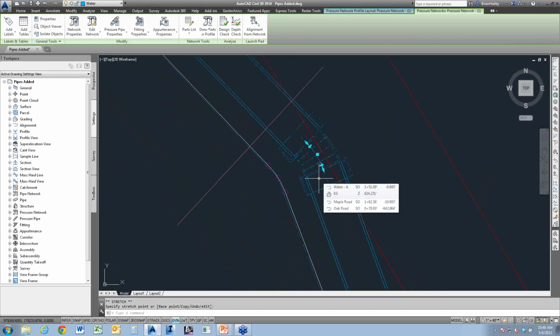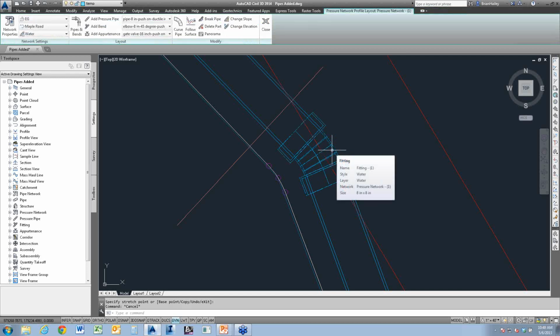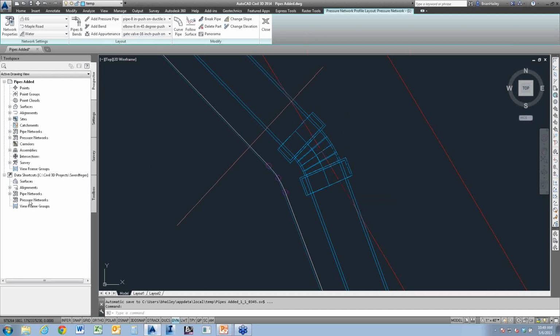Now, a couple of new things in Civil 3D 2014 that we didn't have in 2013. This is something I think is important to understand. The big one, in my opinion, this actually makes pressure networks usable in a design intent. We now have data references for pressure networks in Civil 3D 2014. Yay! So that's one of the big new things in 2014. I'm not sure why it wasn't in 13, but if you're using pressure networks and you're in 13, I highly recommend going to 14 because you can now do this. And by the way, another thing, Civil 3D 2014 and 2013 are compatible, so they are backwards compatible.